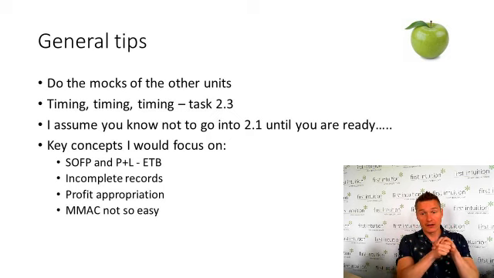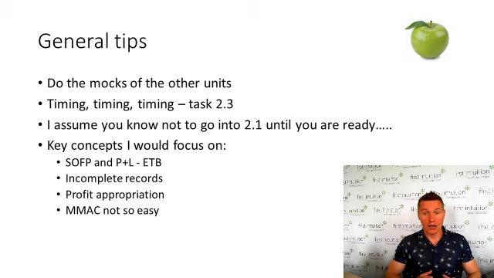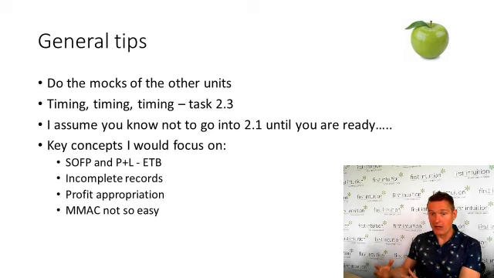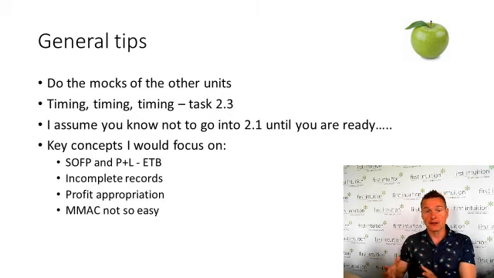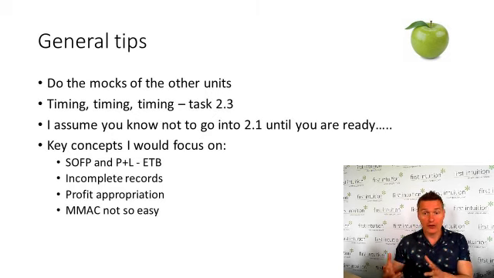Can't stress enough, timing is really, really crucial. I've always been a big fan of, I've got X amount of minutes on this task, and when I've run out of minutes, move on. You spend all your time in 2.2 trying to get your formula, whatever, to work, and you lose the marks in 2.3 for turning something blue. You're really doing yourself a disservice. Some people even start with 2.3 because it's worth more marks than 2.1.